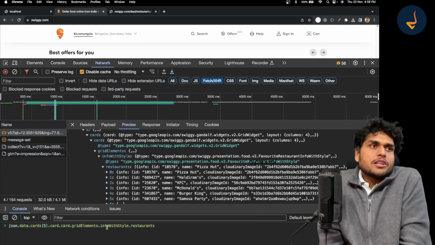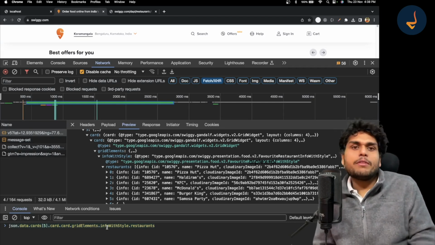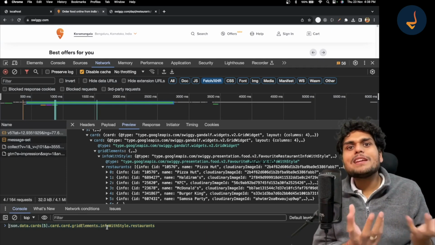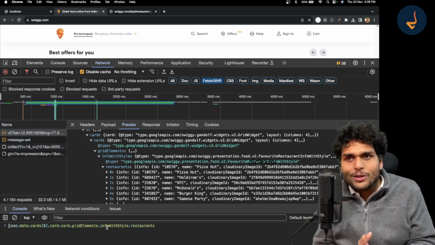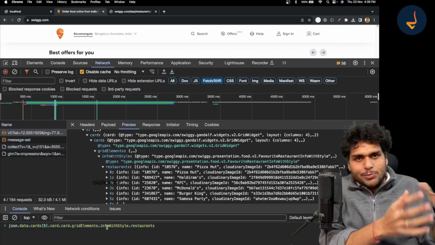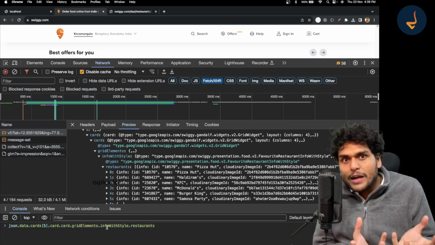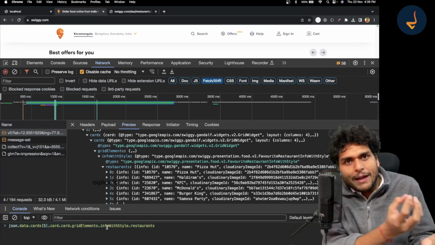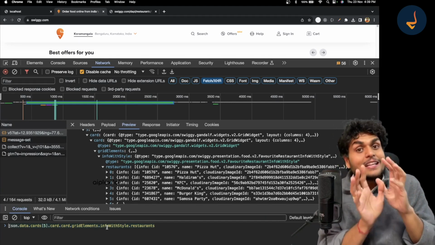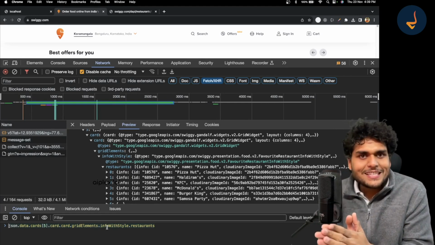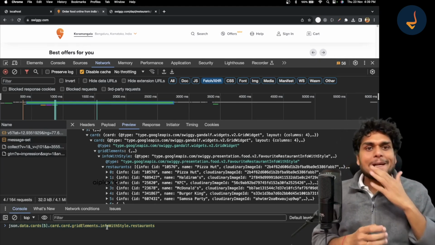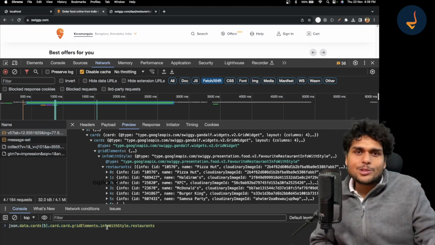Now you would be saying, Akshay, this is a pain. Every time Swiggy changes, I will have to change. Yes, that's how real life companies work. When you go into a company, the backend team will keep changing the APIs, and you as a UI developer, you as a React developer will have to accommodate these changes. Every time the Swiggy backend API changes, their front-end developers also have to change these things. It's everybody, not just you.